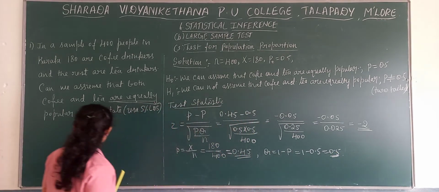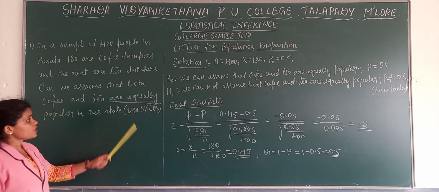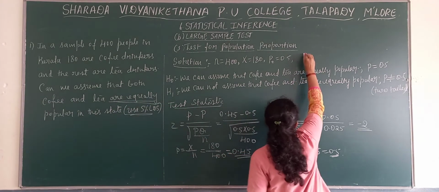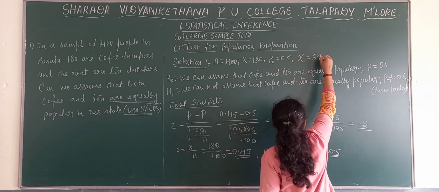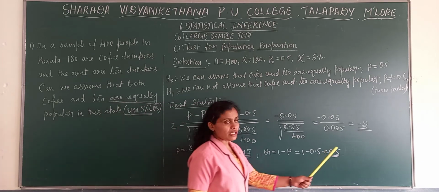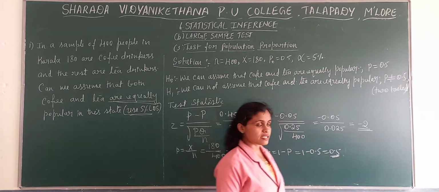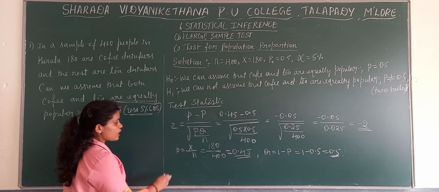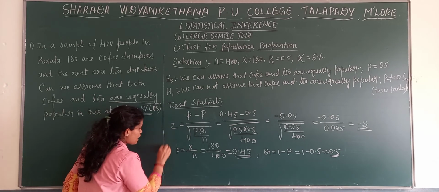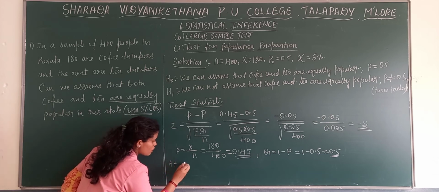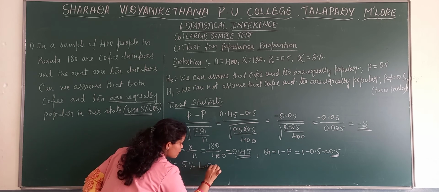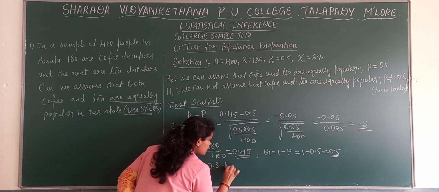Now, one more problem. We have not written the level of significance. Level of significance is 5%. Now, after getting the value of test statistic, next we need to take the table value. Now, at 5% level of significance, the critical